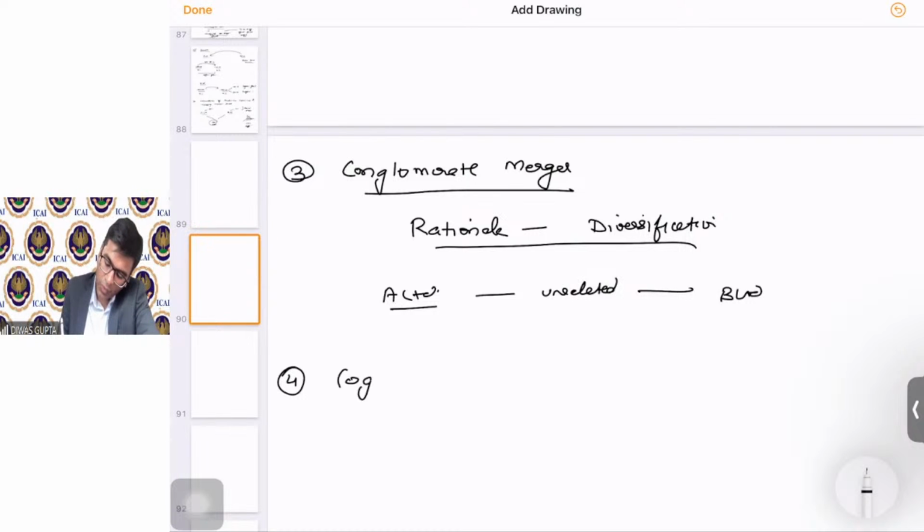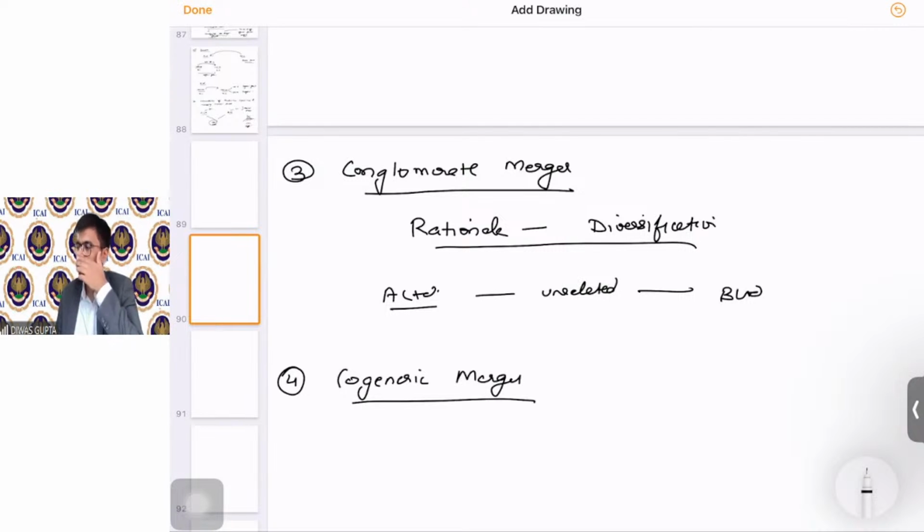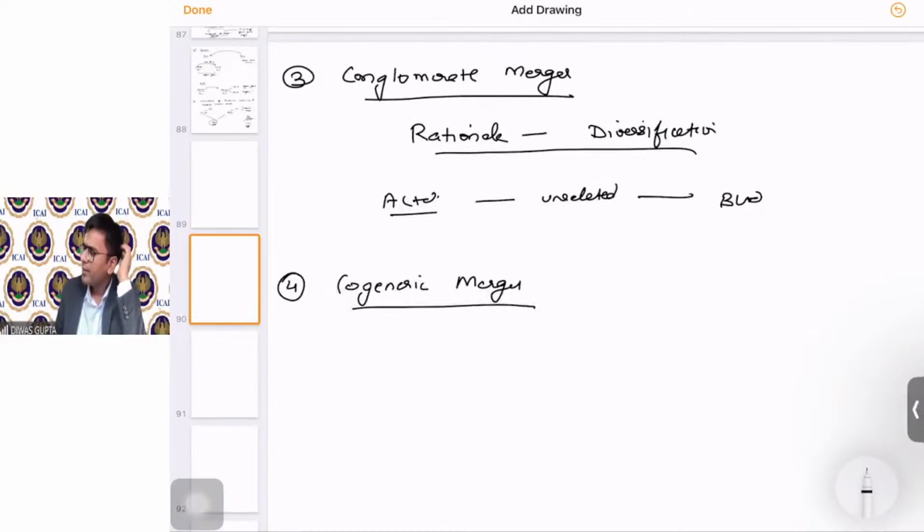Then comes co-generic merger. This is very important to understand. So first of all, students, this is neither the horizontal merger nor the vertical merger and not even the conglomerate merger. So co-generic merger is basically, let's talk about two companies who are in the same industry